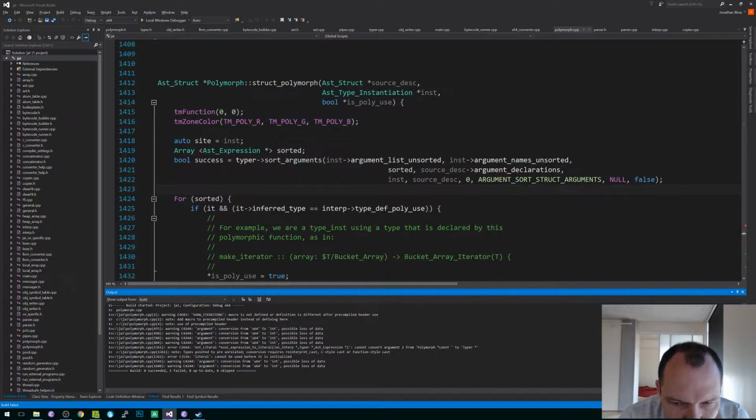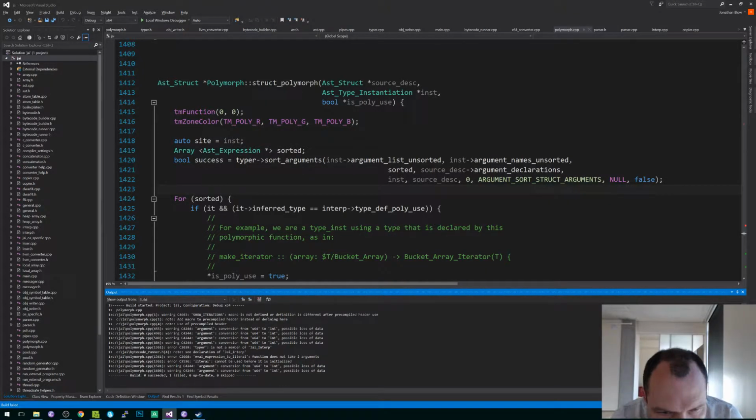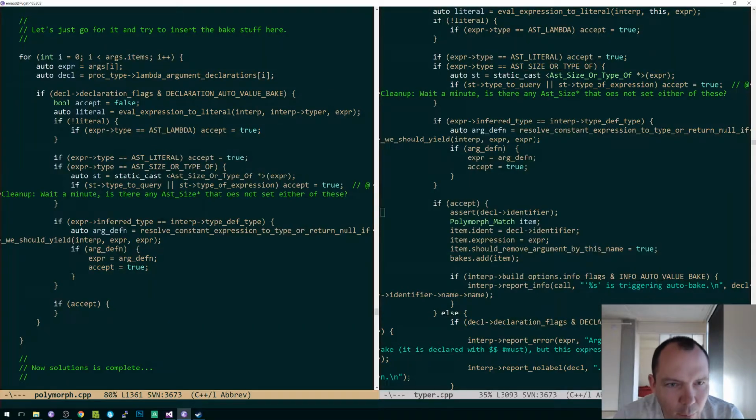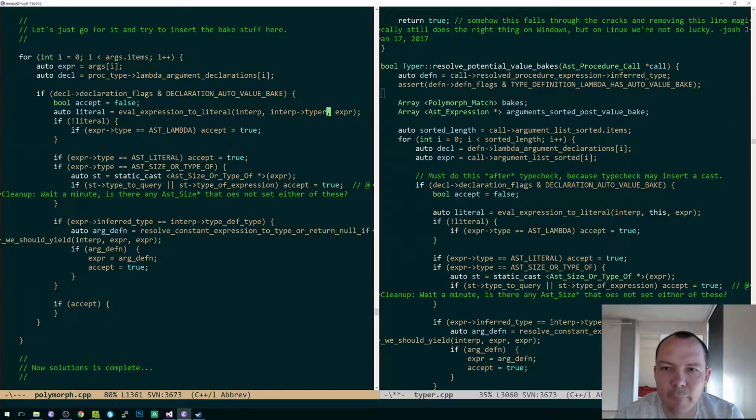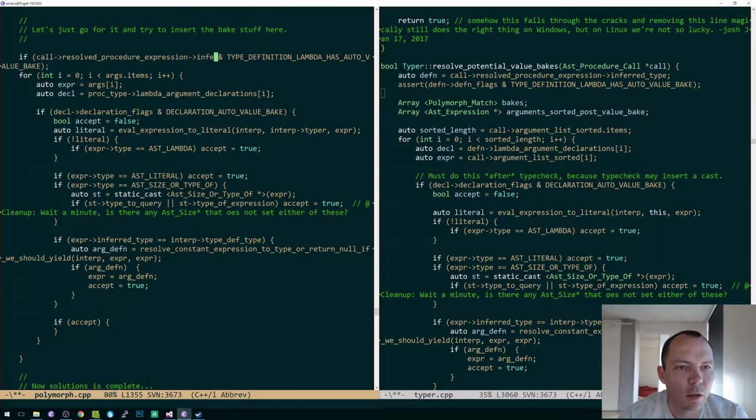Eval expression to literal, right? Interp typer. Is there no interp typer? Oh God, I have to get available typer. Well, okay. If call result procedure expression inferred type,